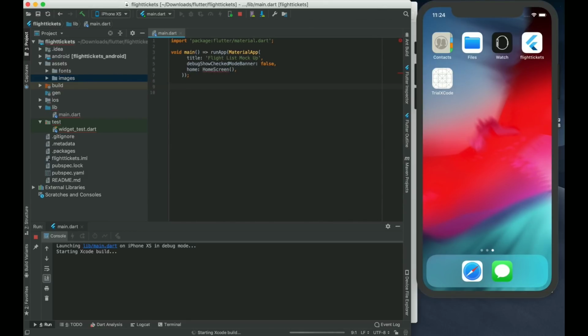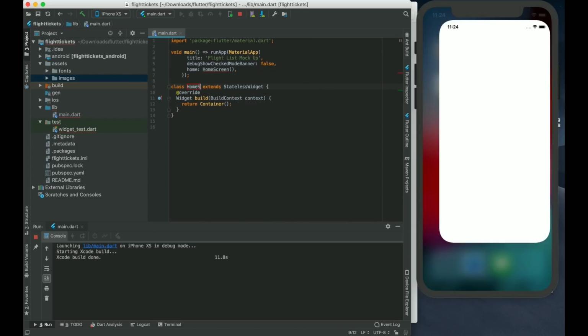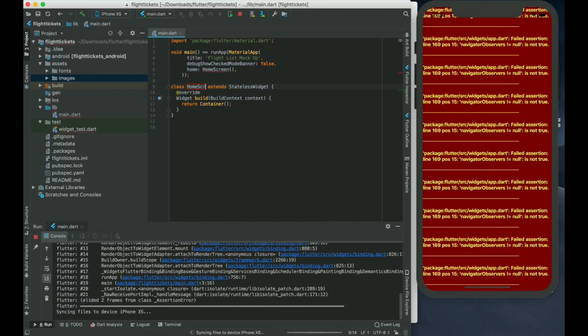Let's take home screen as a stateless widget. Okay, so we have a container. Let us take a scaffold in this. Let's take the body,